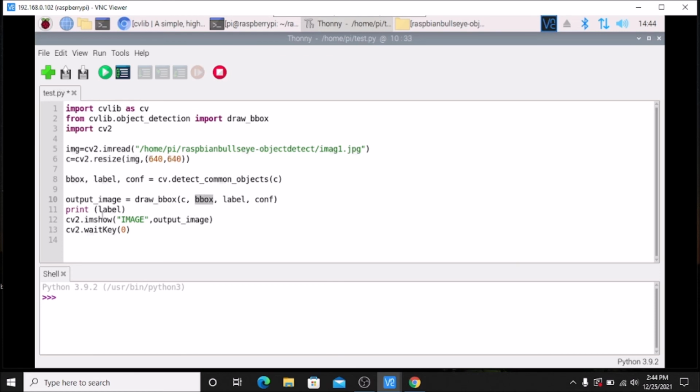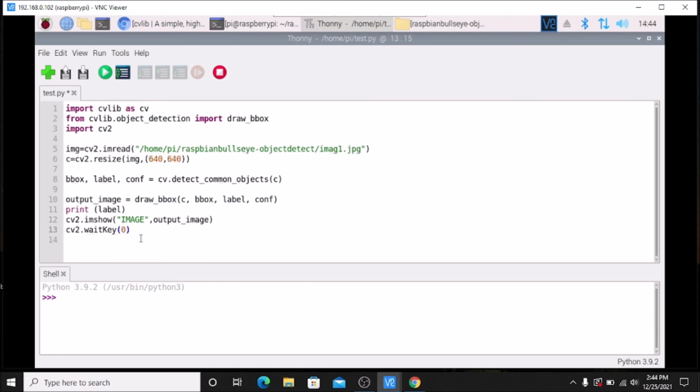Then we print the label, because we need to know which objects are inside the image, so it will print the object names. Then cv2.imshow to show our final image, output_image, and then simply cv2.waitKey.